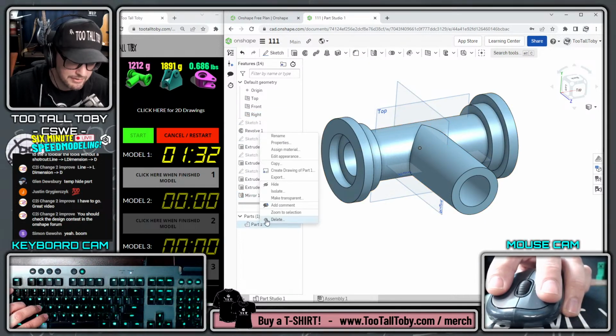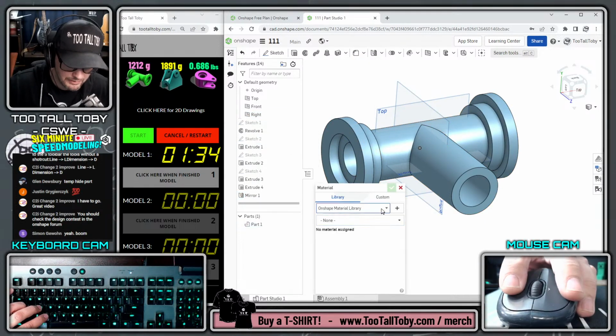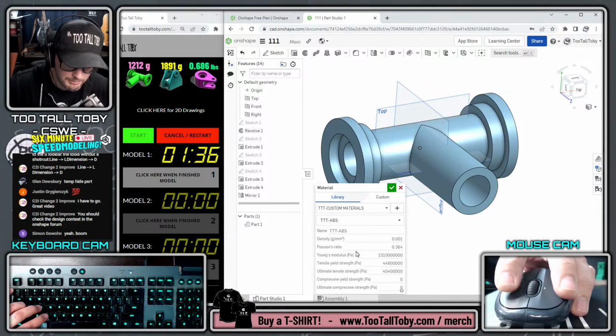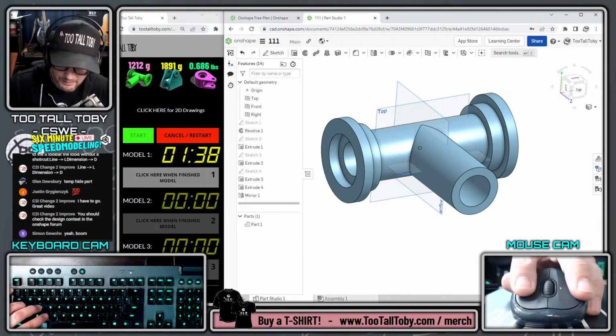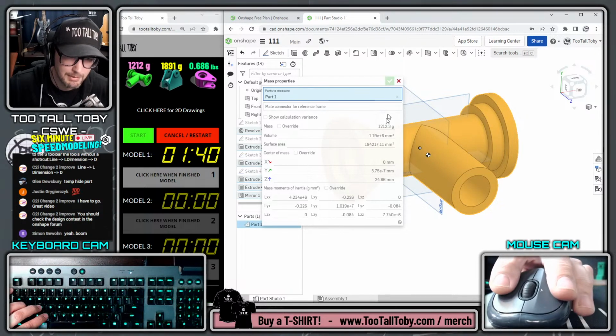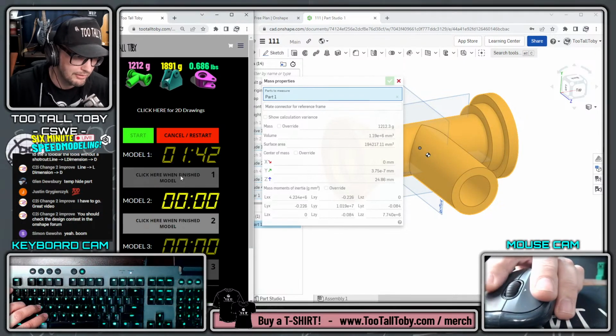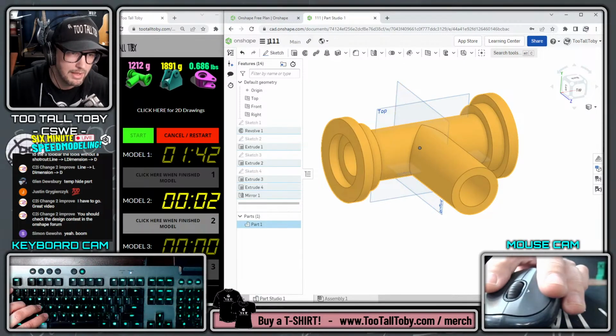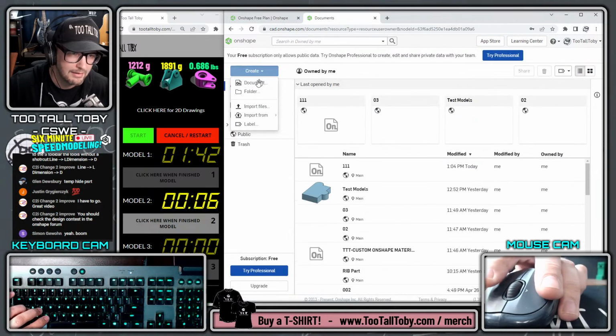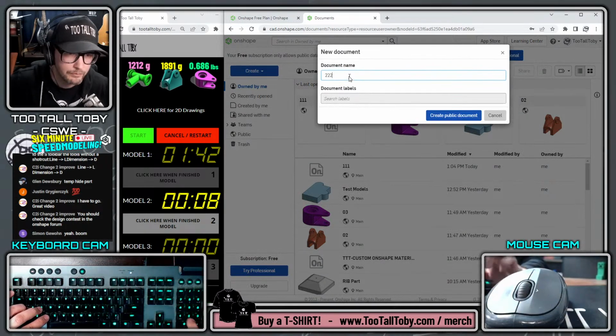We're going to assign a material. That material is going to be the Too Tall Toby material of ABS. And we're going to take a mass properties of this thing and come up with 1212, which is the correct answer. So click here to finish model 1, and we are ready to move on to model 2. Not rename, no. We're going to close that, and we're going to create a new document here for model number